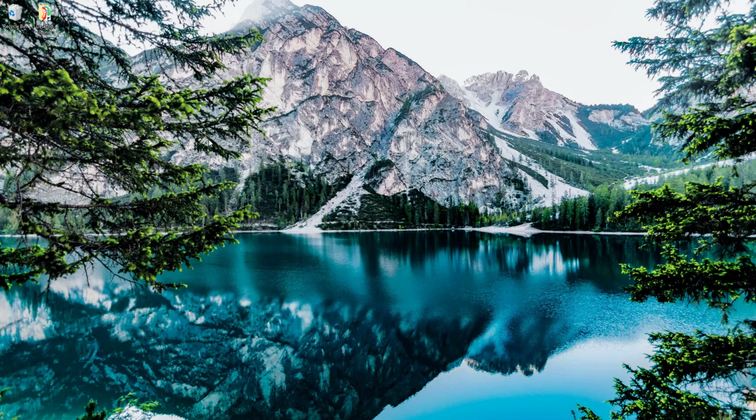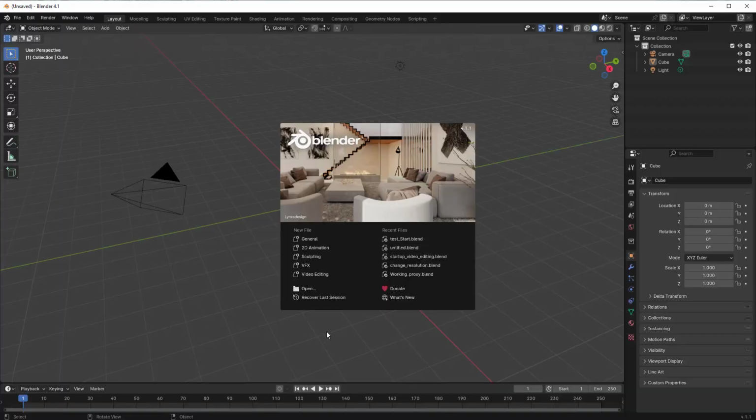Hello everyone, in this video we'll learn how to set the default Blender video editing workspace. When you open up Blender, it should automatically come up in the video editing workspace. Let's begin. If I open up the Blender video editor, by default this page will come up. I'm using Blender 4.1, and by default this comes up, and then you can select